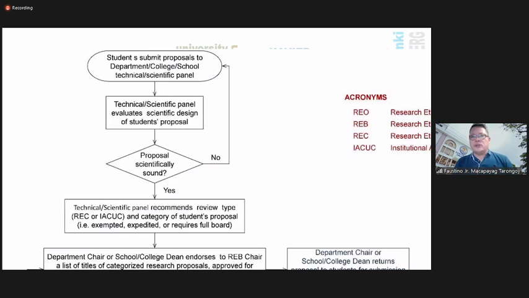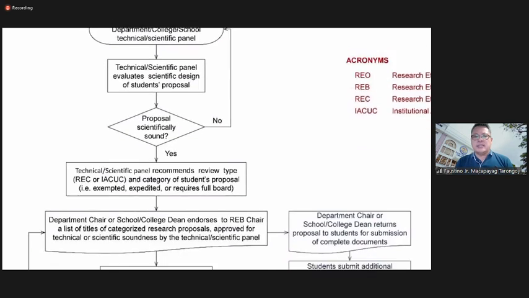If not, then of course you go back to the process of revision, and then you defend again your proposal before it gets an approval from your technical or scientific panel. So your technical scientific panel usually is made up of members of the faculty under your department or other experts that they will invite. So once your proposal gets that acceptance, it's going to be recommended for review, and then in this case,